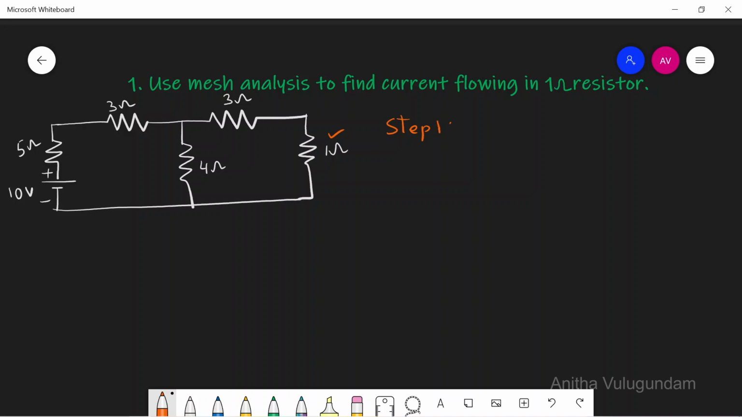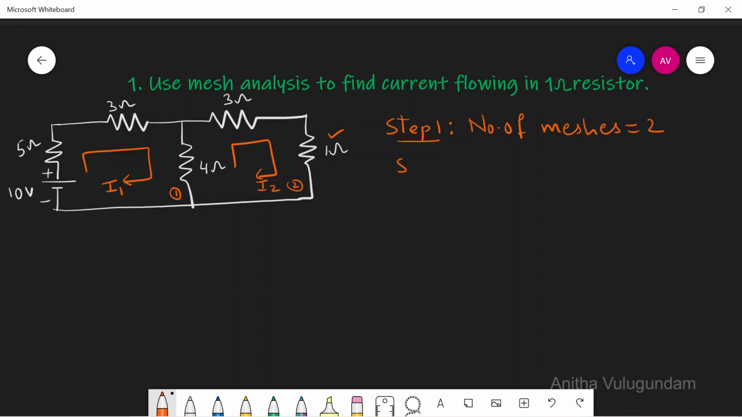Procedure to be followed in mesh analysis. Step 1, identify the number of meshes. Here you can see this is one mesh and this is another mesh. Let this be 1, let this be 2. So number of meshes equal to